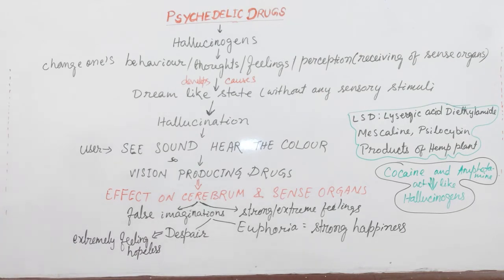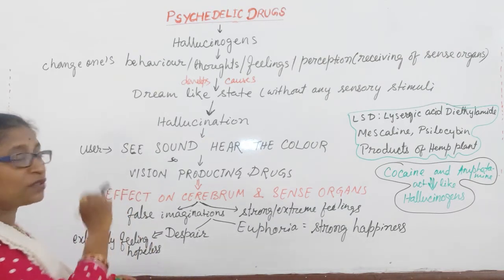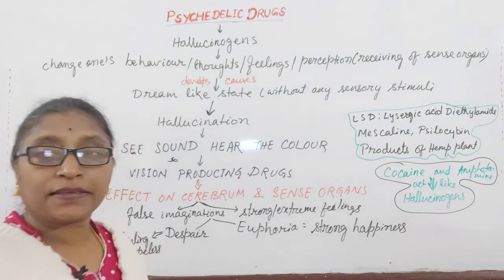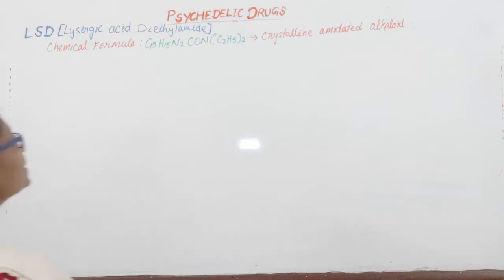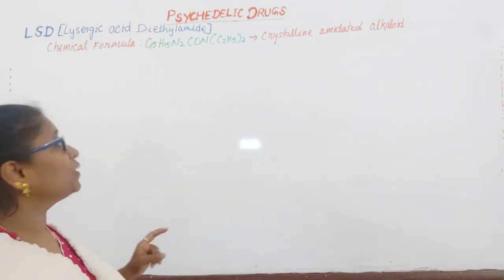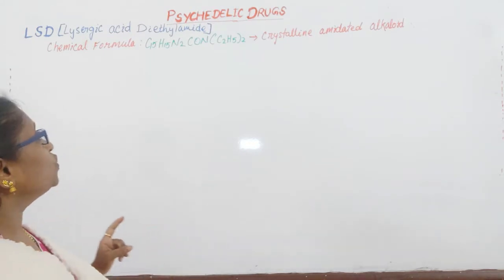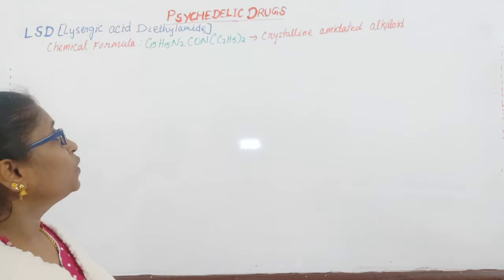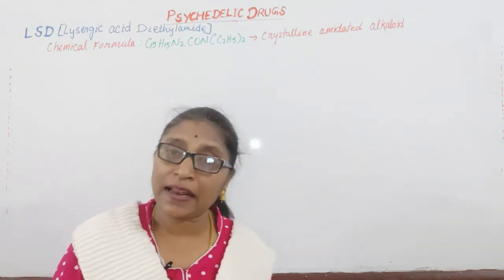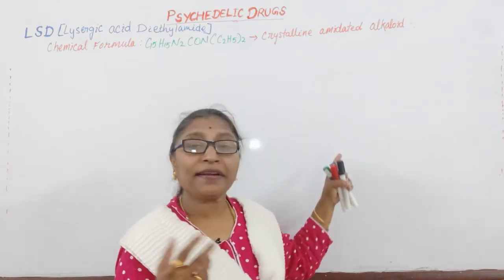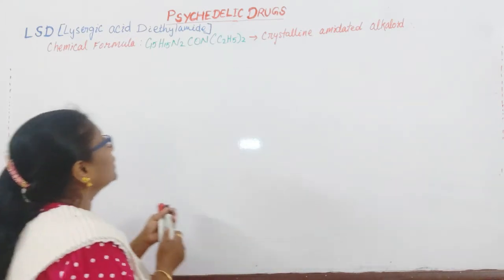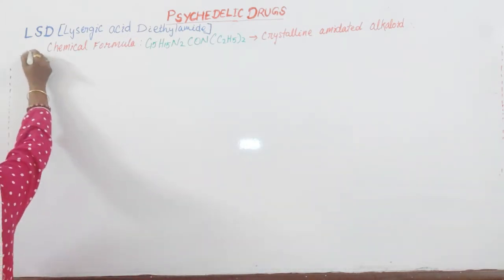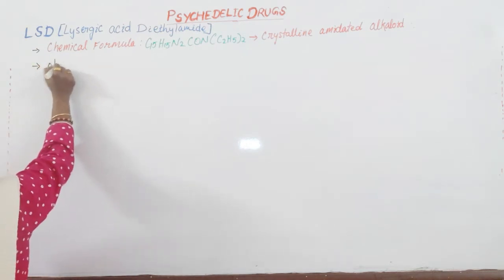Okay. So, these are the general characteristics of the hallucinogens or the psychedelic drugs. Let us discuss LSD in detail. Write down all. LSD, the lysergic acid diethylamide, the chemical formula is C15H15N2 CON C2H5O2. The crystalline amidated alkaloid, getting crystalline form, this is the alkaloid reacted with the amide, and this chemical is obtained from